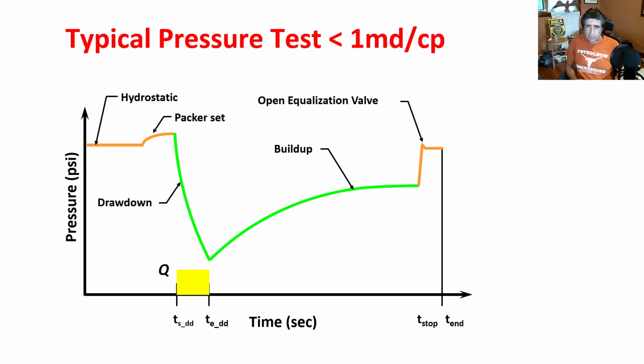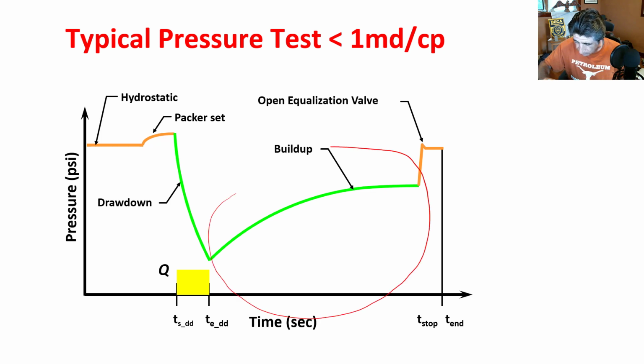What I want to point out in this diagram is that when you have a very impermeable rock, this can take a very long time. Sometimes you have to be there for hours. When you have a very permeable formation, this can happen extremely fast, so you only have to be there a few minutes. But that time evolution is the one that we're going to use to estimate the mobility of the formation, which in the case of carbonate formations is very important because we're actually looking at this rock on a very large volume, larger than you can even attempt to do with core blocks. You see, so this is an in-situ mini